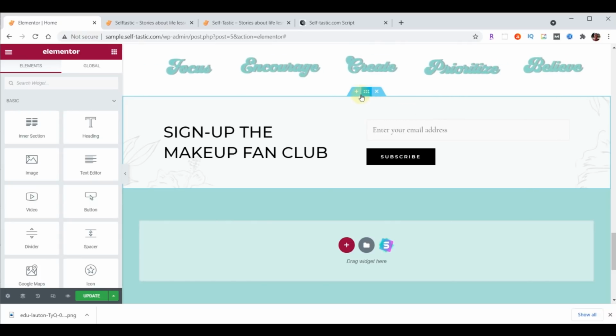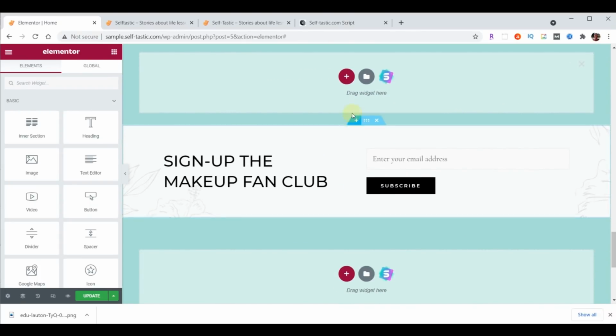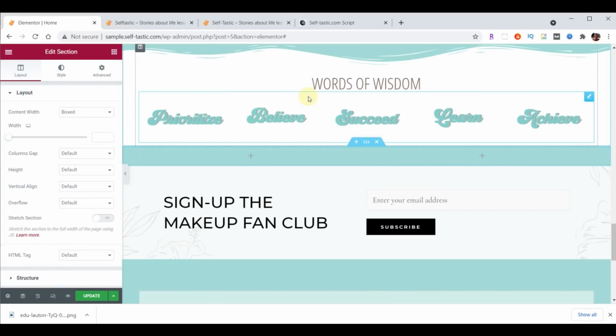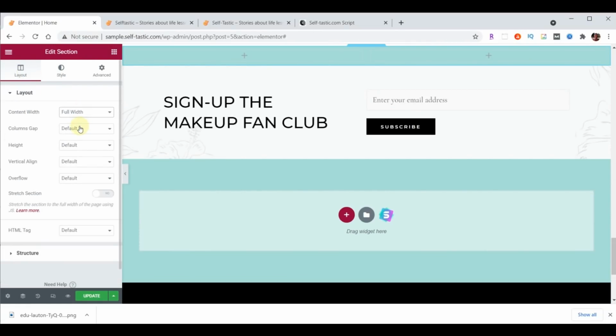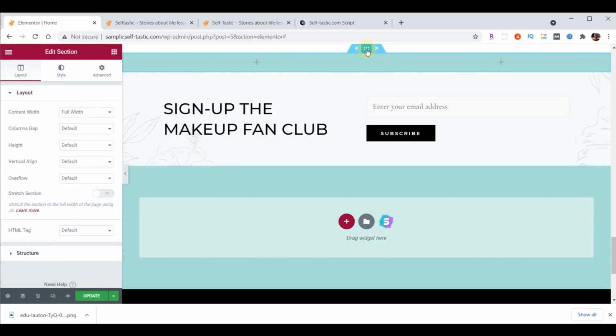And then I'm going to click the plus sign so I can make a new section in between. And then we'll click the plus. We want this to have 2 columns. Under layout, instead of content width boxed, we're going to say full width. And then the left column, we're going to make it 55, which makes the one over there 45. I'm going to choose that section. It's already chosen, but